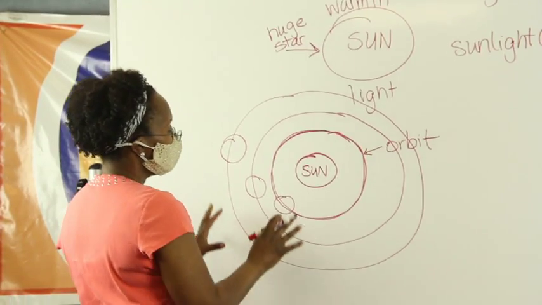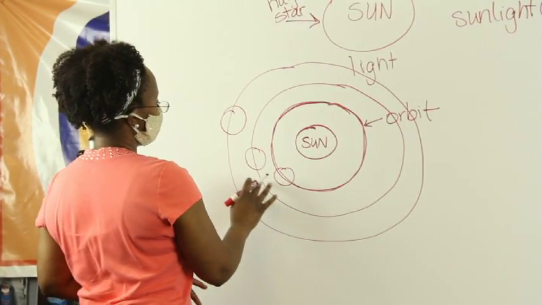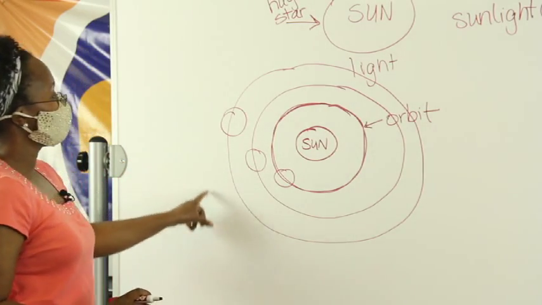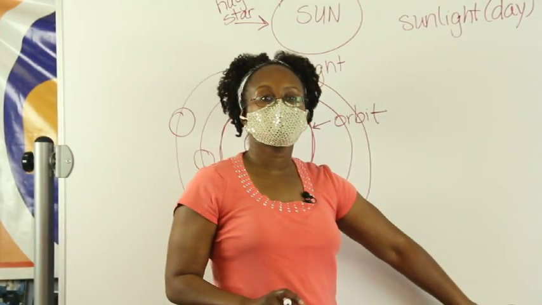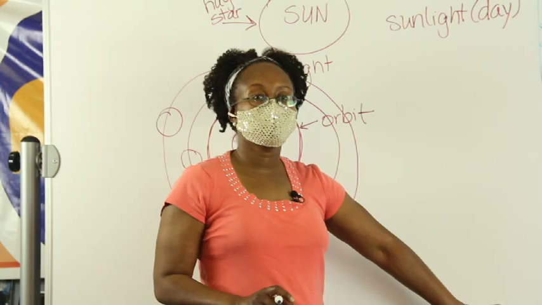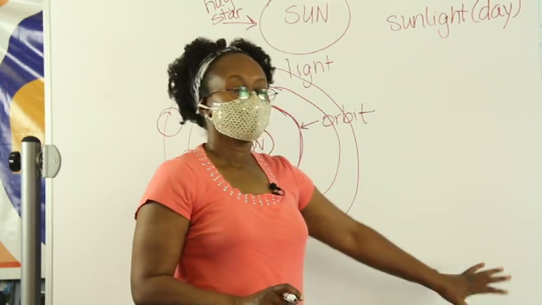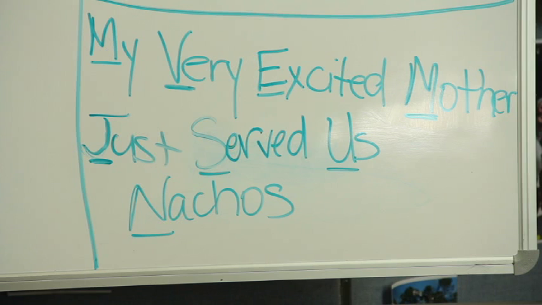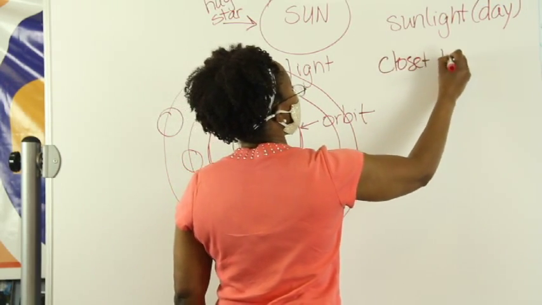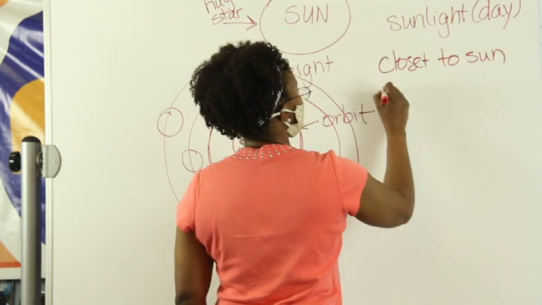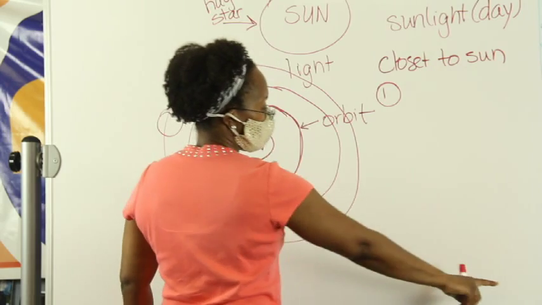So, how we're going to figure out which planets go in which orbit, we're going to use what's called an acronym. It's something that's easy to remember, and each word actually represents a planet. And so the one that I have here is my very excited mother just served us nachos. And so the order of the planets going from the closest to the sun to the farthest from the sun is, the first one is